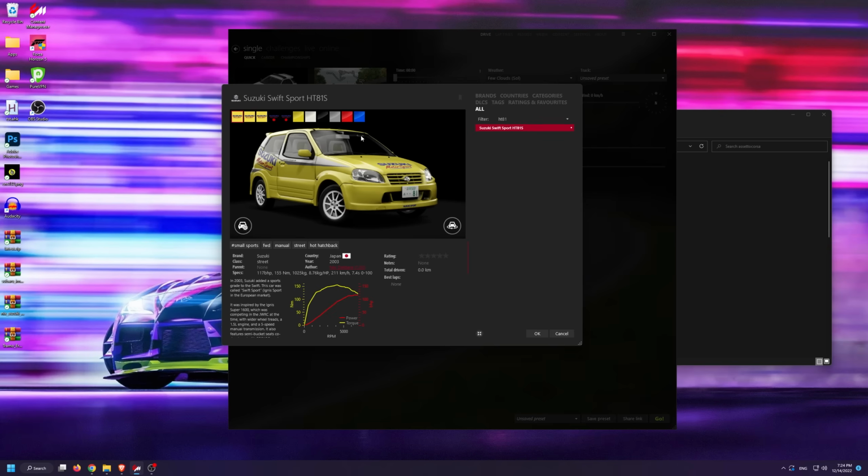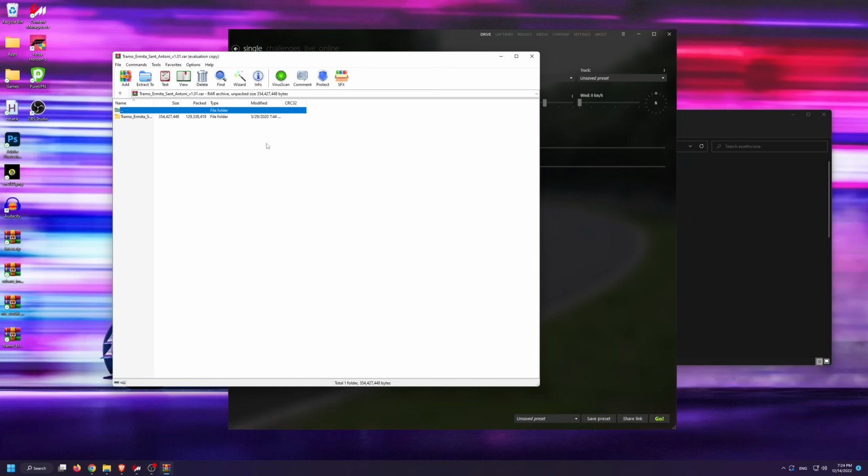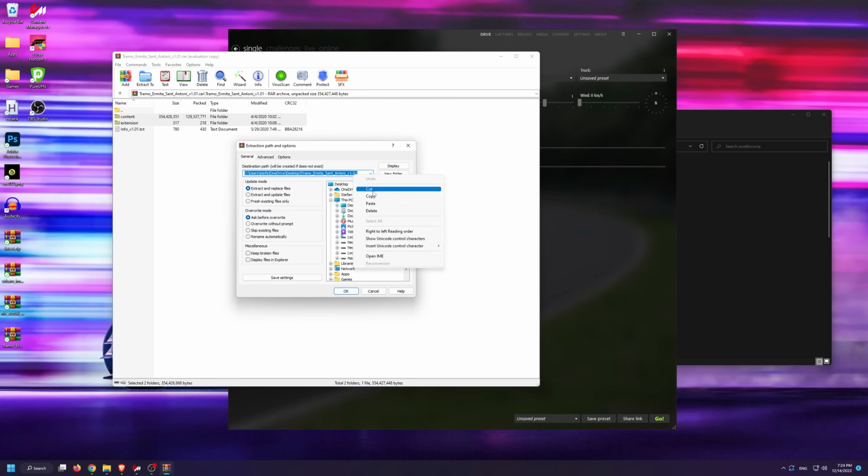I also downloaded a track mod to show you how you can install tracks. If we open up the track archive, you can see that there is a single folder inside. However, if we open up that folder, you'll see that there is a content and an extension folder inside. To install this, we're going to extract them to again, and this time we're going to extract them to the